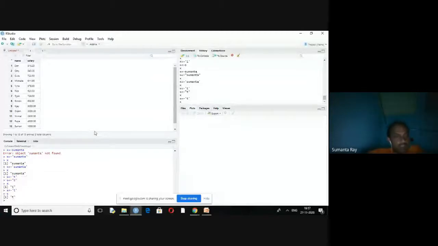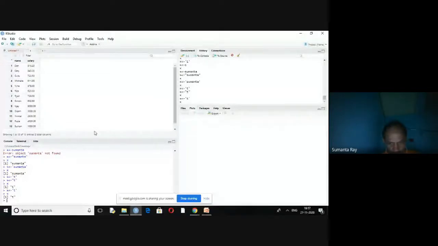If you assign something that is not a number to a particular variable, it will be displayed in this way. That means string, character, their representation should be like this, enclosed in single inverted commas or double inverted commas. If it is a number, that is not required.